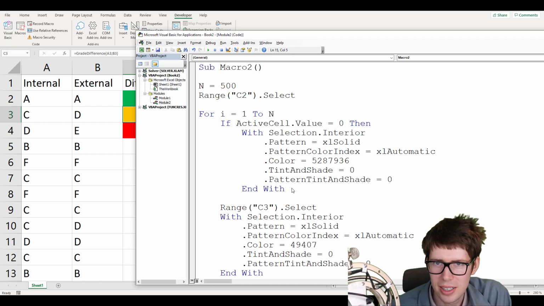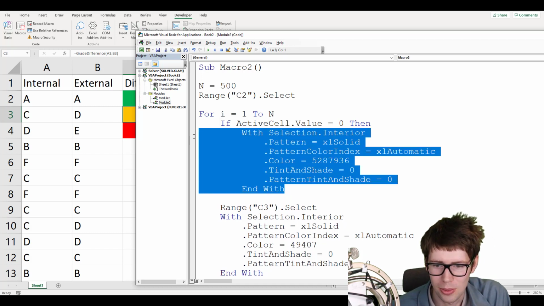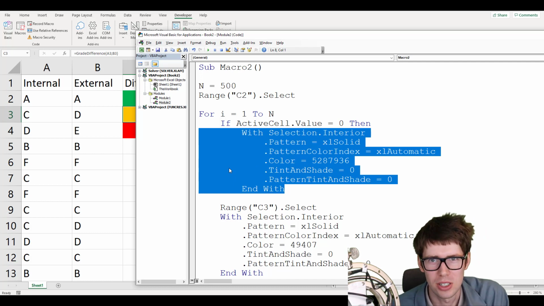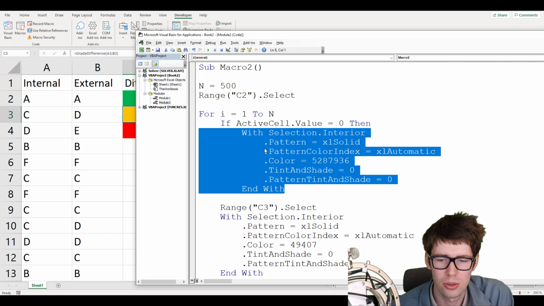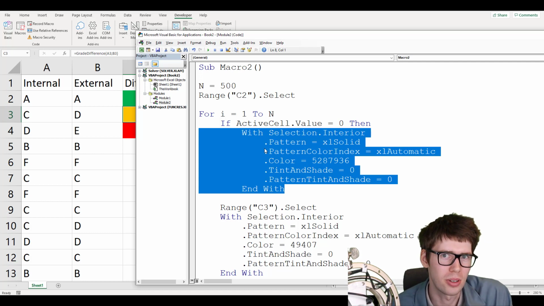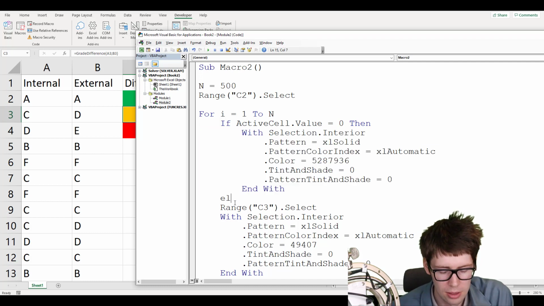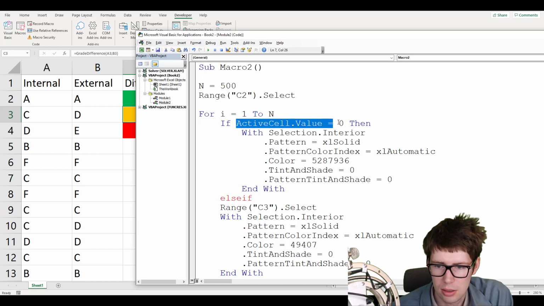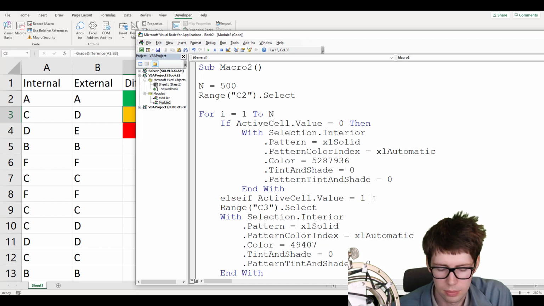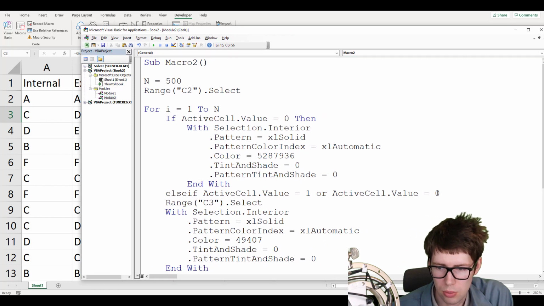How do you make it green? Well, that would be this code over here. I don't really know how to type this code myself, which is why we needed the macro recorder. The macro recorder is translating the graphical user interface inputs, me coloring a cell green, to actual VBA code. So that is good. Else if active cell is equal to 1, or if active cell is equal to -1,